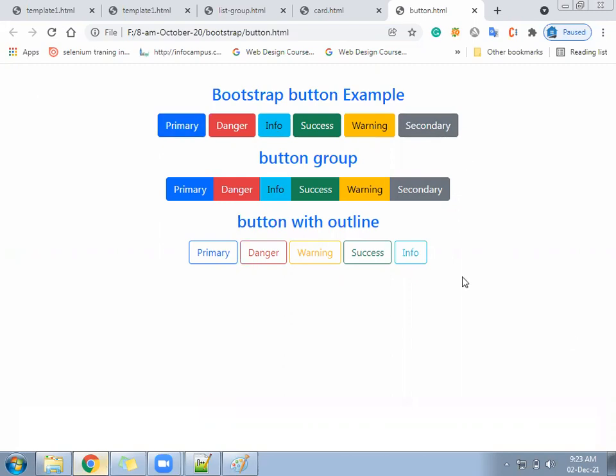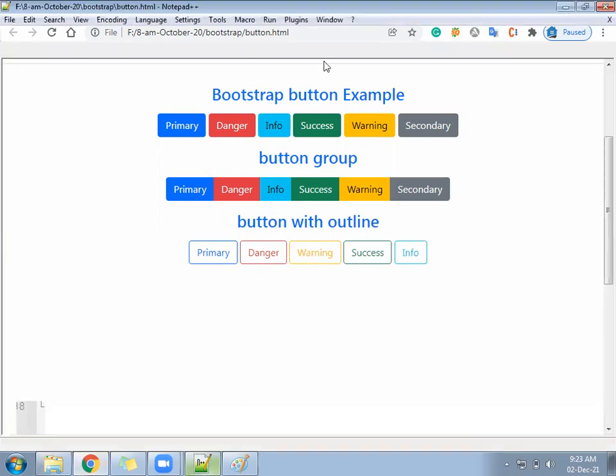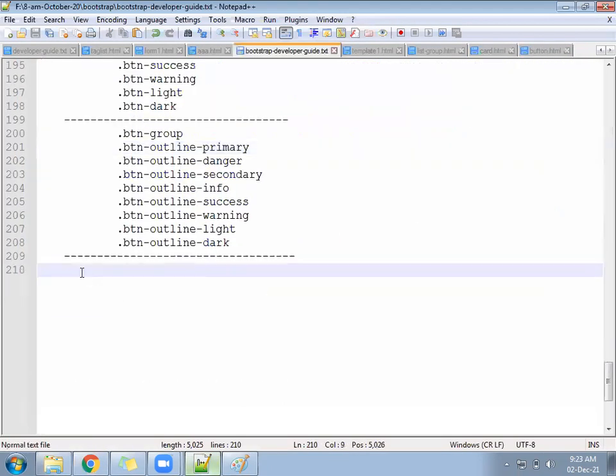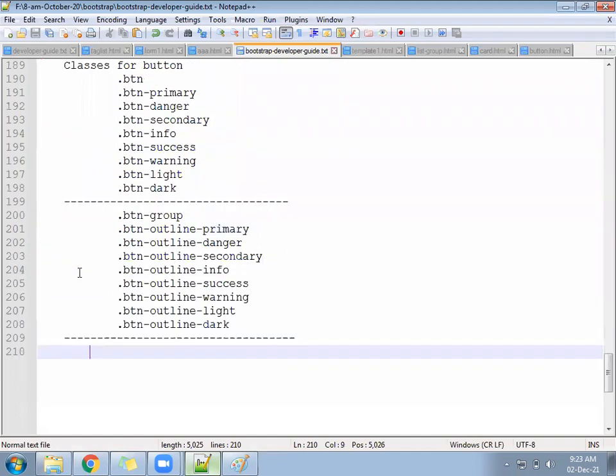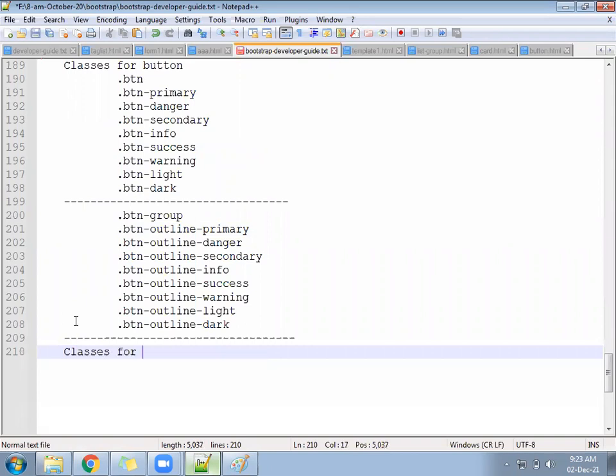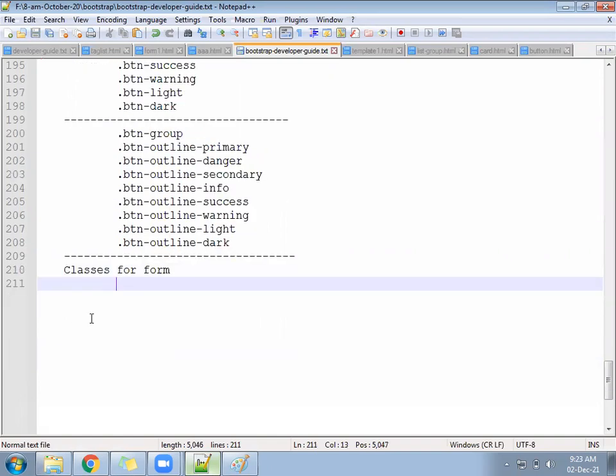Now we need to see the next classes, form related. Form classes, and after that, forms and buttons you will combine together. So come to the developer guide again, classes for form.